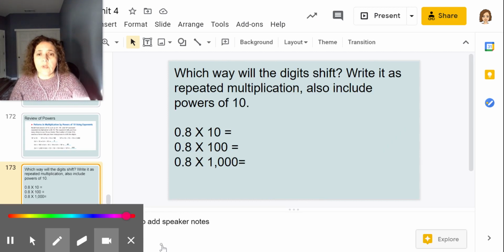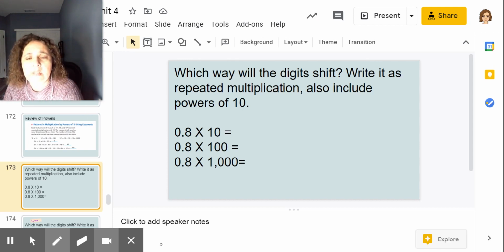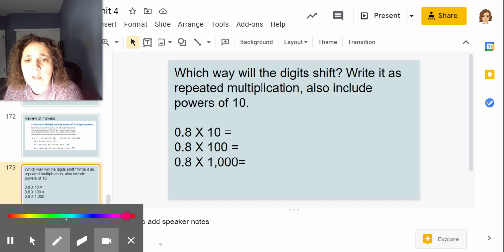Okay, let's look at this one. Which way will the digits shift? Right, as repeated multiplication also include powers of 10. All right, so it's the same thing. 8 tenths times 10, right? So that can be written using powers of 10 as